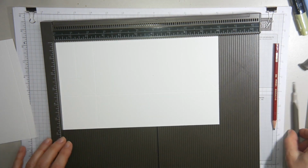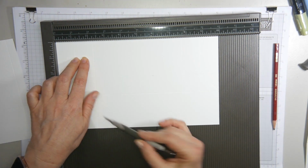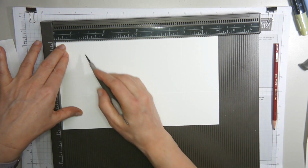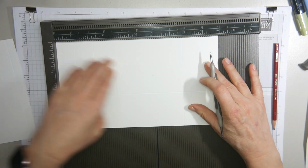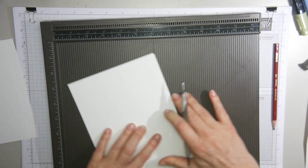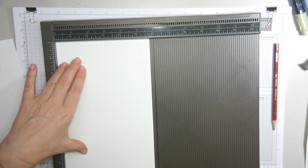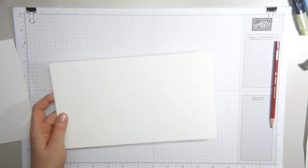Now with the 10 inch side on top, you score all the way down at 2 1/4 and 7 3/4, but at the 1 1/8 you score as far as your pencil line, and also here on the 8 7/8 you score down only as far as the pencil line. Then you turn your paper and you score all the way down at 2 1/4, and then you need some additional score lines, and I'm not sure